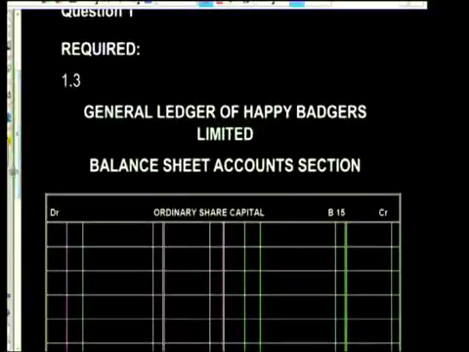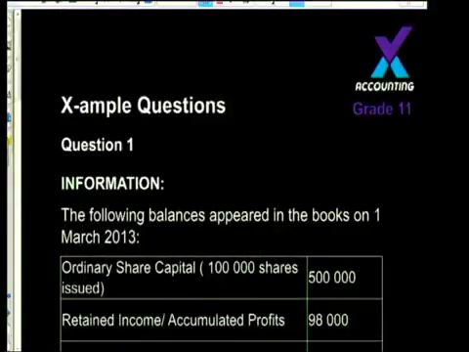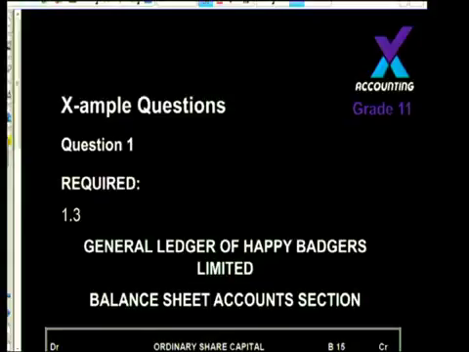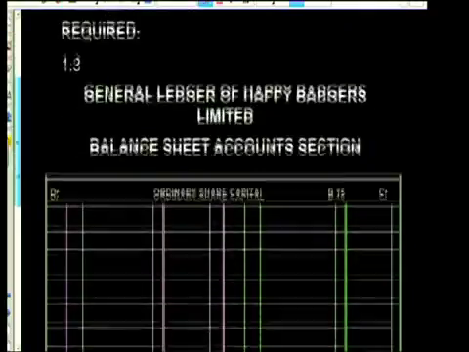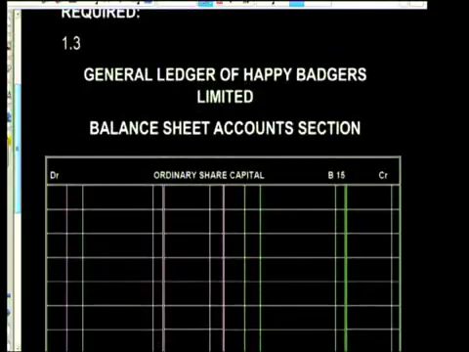We now come to the ledger accounts that we are supposed to prepare. Let's start off with the ordinary share capital account. Step number 1, always find your balance. There's my ordinary share capital account, and the balance in that account is 500,000 Rand. Therefore, we all know this, don't we? That ordinary share capital is that